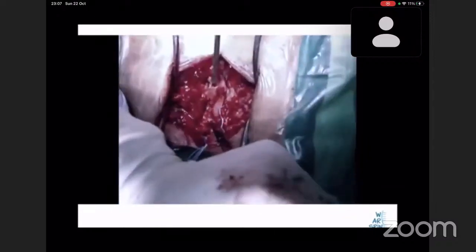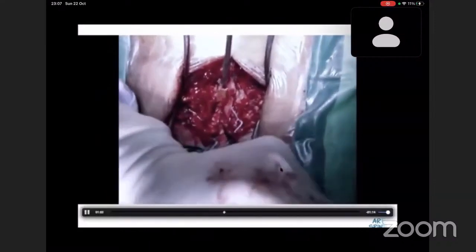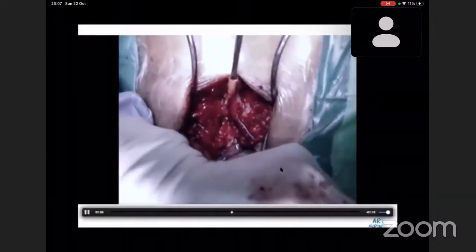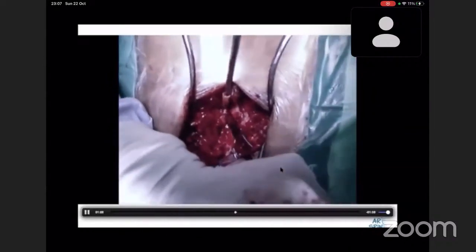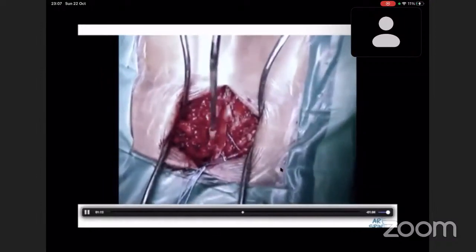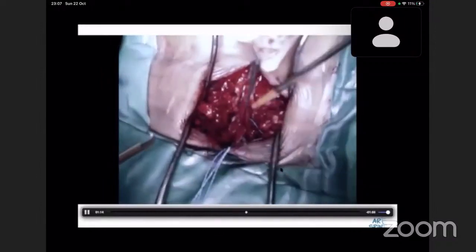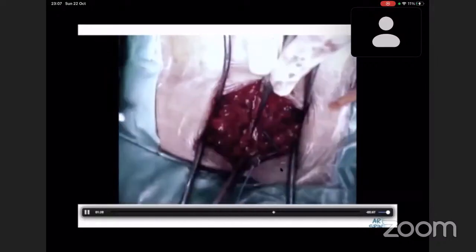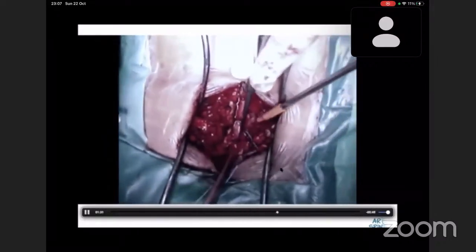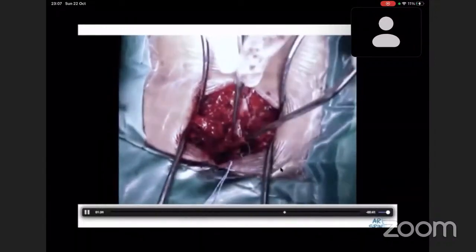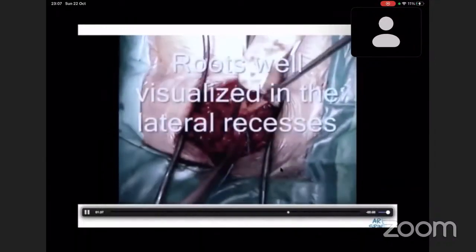Now, there are different ways by which you can do facetectomy. We use osteotomes to take off that hypertrophied facet, but you could very well use a rongeur in this place. Make sure that the patties are well underneath the facet joint so that if your osteotome slips, it does not cause a root injury. Once that's done, the loose fragments of the hypertrophied facets are taken off with the help of a Kerrison.